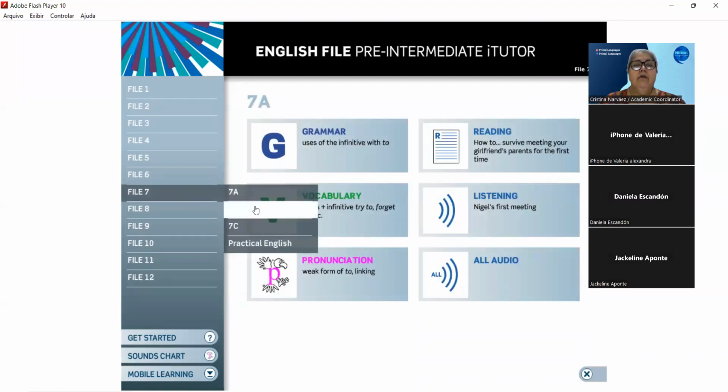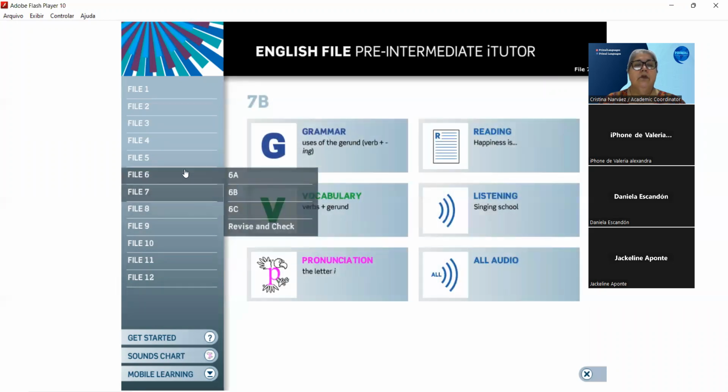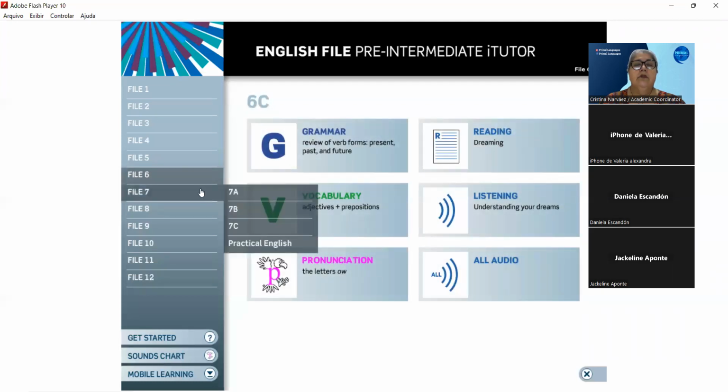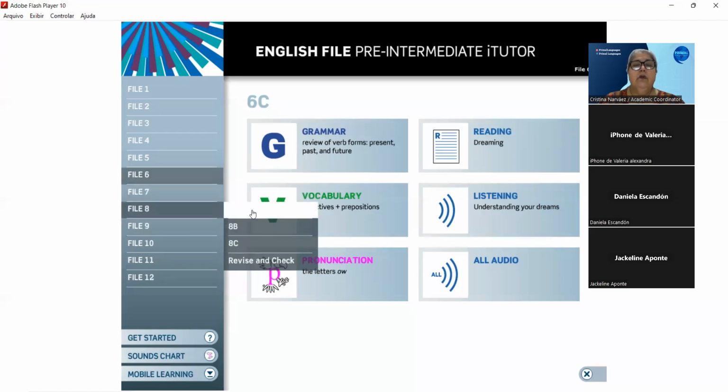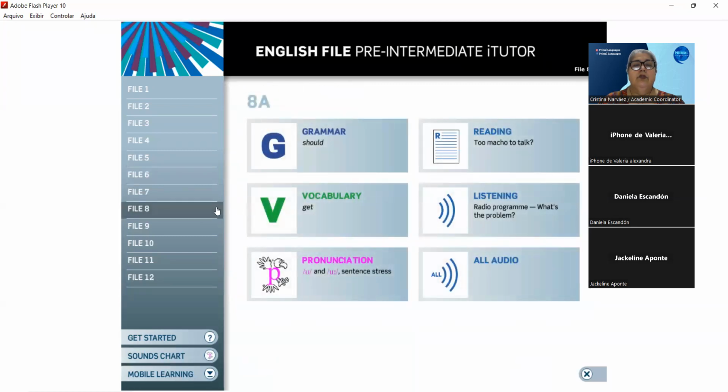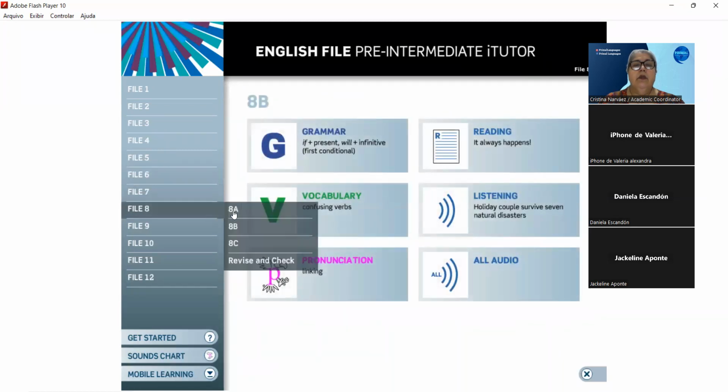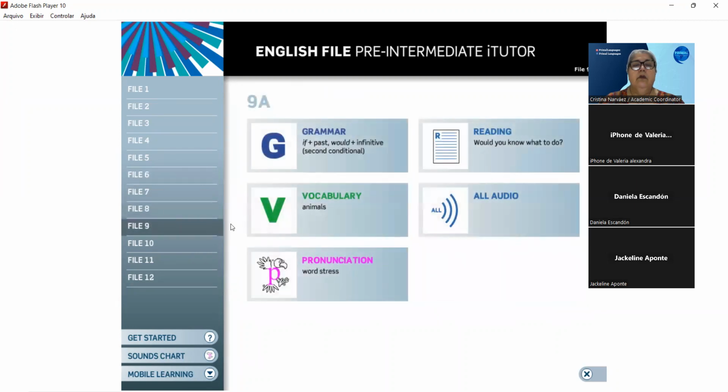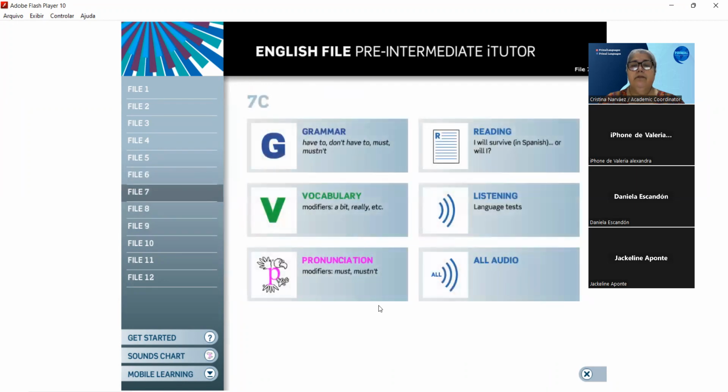7A, infinitive, B, gerund, grammar. Present perfect future. Here we have A, should, C, yes. Okay, so here,